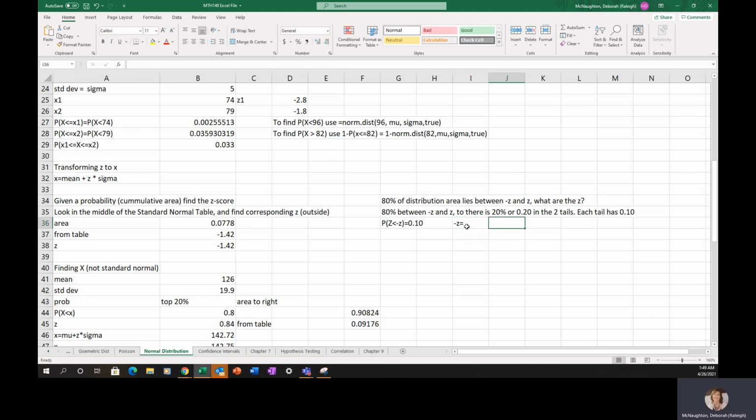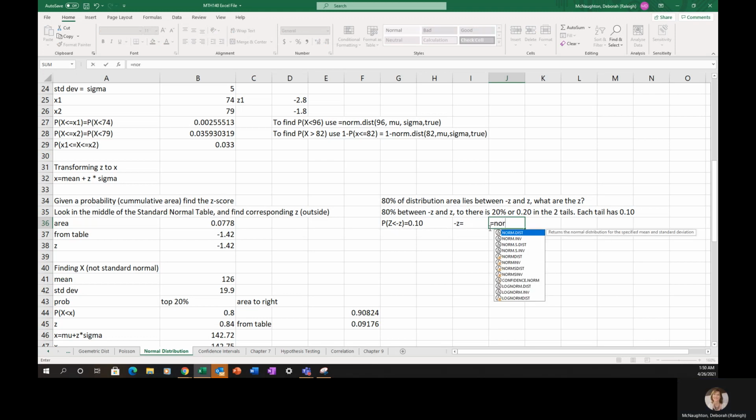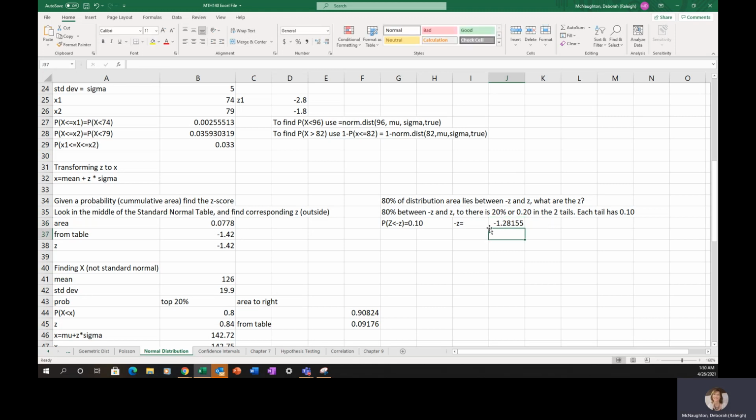Okay, so the way I find our negative z is I go equal norm.s.inv, since I have a standard normal, norm.s.inv, and then I just put in the probability, which is 0.1. And that gives me negative 1.28. And that means that my positive z